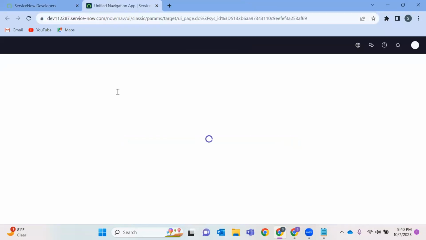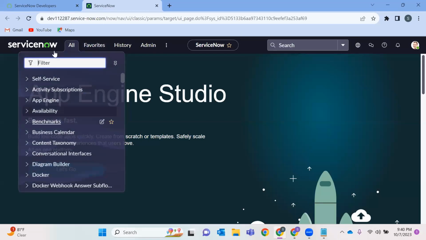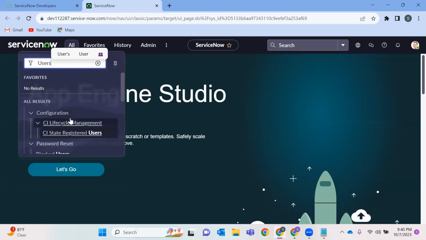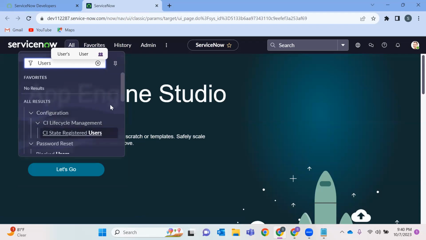Okay, that's good. And you see we also have a search icon here. Because we are admins, we have many privileges like this. And this is a navigator. Previously I was typing users, but I was unable to find anything on the Mahesh Babu profile because there is no role given to Mahesh Babu. That's the reason he was treated as an end user. End users will not have more access provided on ServiceNow applications. They can just raise tickets, track the tickets, and contact the assigned-to person of the tickets.